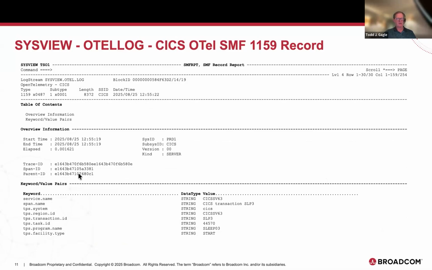You've got your trace ID, span ID, and parent ID, and these are really the keywords that are going to be sent on and interpreted as the OTel things, along with the values, as Mark also talked about. This is a short snippet. In the CICS records, they really made an effort to keep this record fairly small, so it did not get filled up with lots and lots of data that you may not need. You have to remember, this is an extra SMF record that's going to be cut for every transaction, and CICS already cuts quite a few. So I think they did a really good job on their goals here.